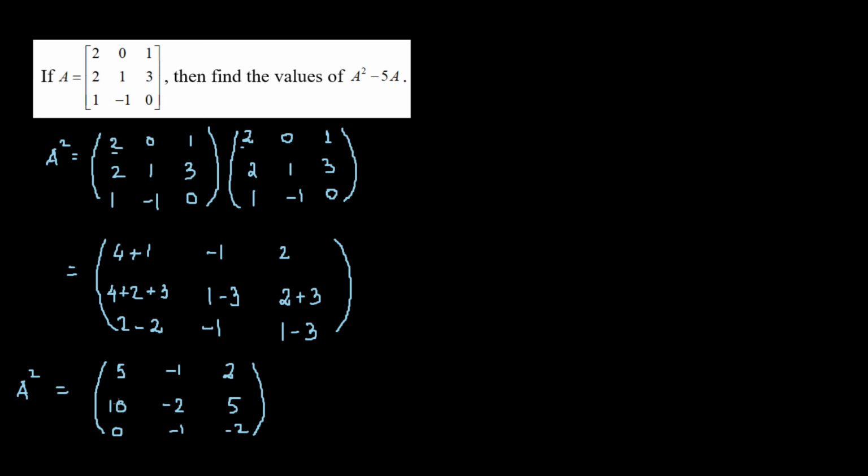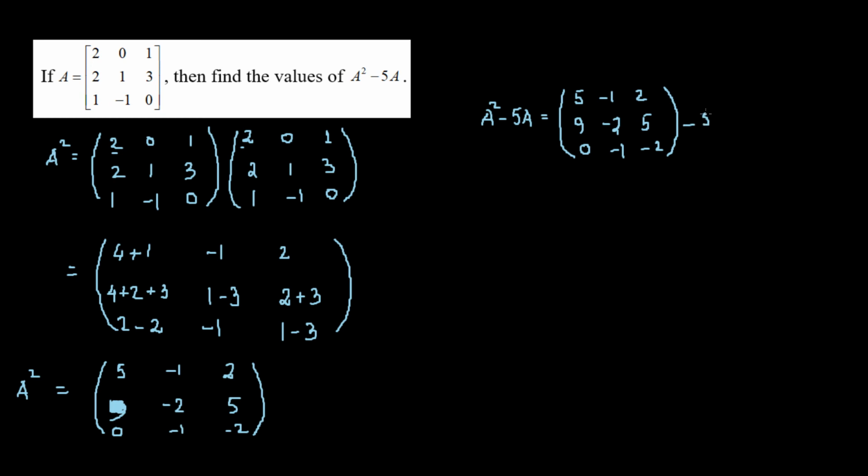Oh, this is not 10, this is actually 9. This entry is actually 9. Everything seems to be in place. Now we plug this value of A squared into our equation. So we have A squared minus 5A. So that value is equal to 5, negative 1, 2, 9, negative 2, 5, 0, negative 1, negative 2,